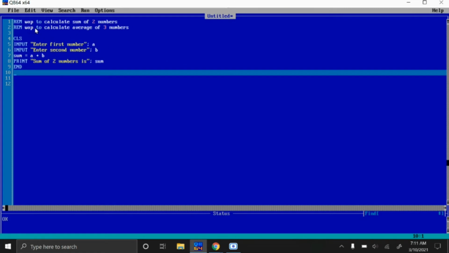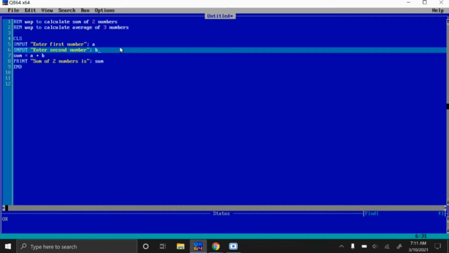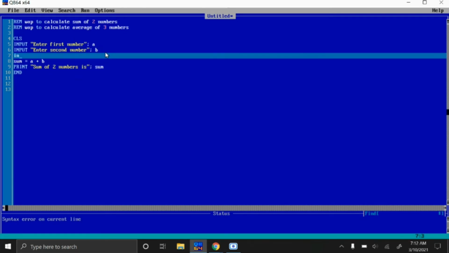The other one is WAP, meaning write a program to calculate the average of three numbers. So what is the requirement for this program? We need three numbers, so that is the requirement. So how to get three numbers? Using this input statement. We have already done it, like here, enter first number A, enter second number B. So for the third number we have to write here input,